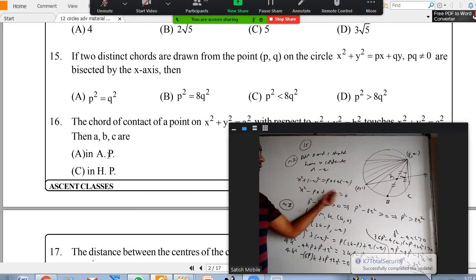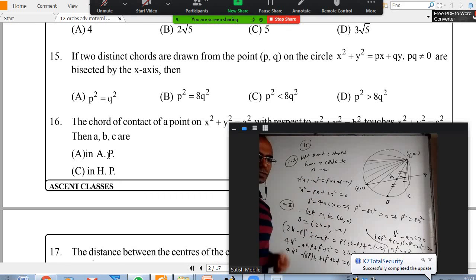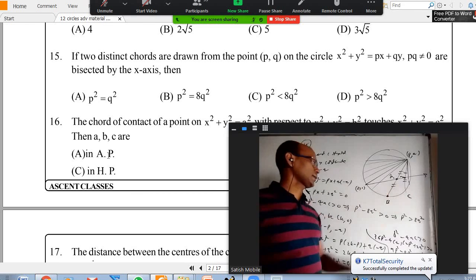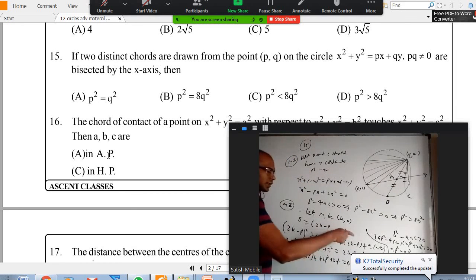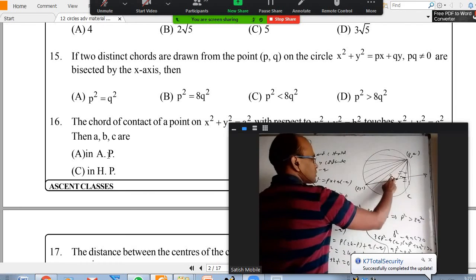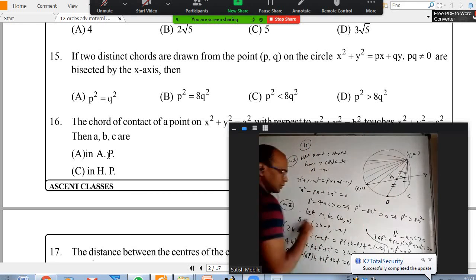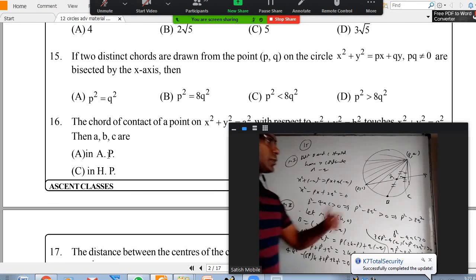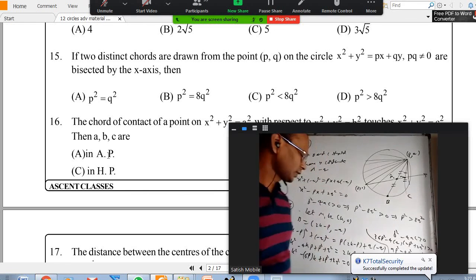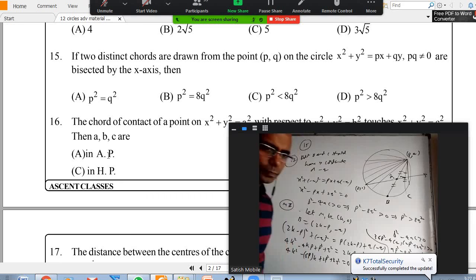So when I put y as minus q in the circle equation, I got a quadratic. I should have two distinct values because I should have B and C. Otherwise, I'll assume this is on the x-axis, so I can take it as some k comma 0. Then I know this point is double of this minus this, I'll get this point. That point should satisfy the circle, so I substitute. I should get two values of k because both B and C are in that form. Again, b square minus 4ac greater than 0.